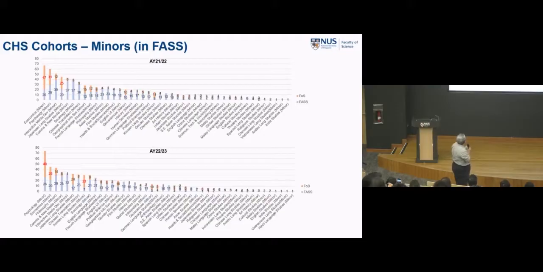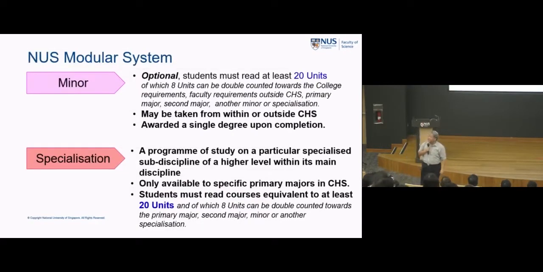Now, of course, this is also some of us taking the arts ones. Yeah, these are the most common arts ones. And you can see the whole lot of them. Okay, but let me ask you a most famous question. Do you know there are 20%, yeah, afterwards I'll show you later on, there are 20% of our CHS cohort, both in the arts and science, are pursuing a minor in languages.